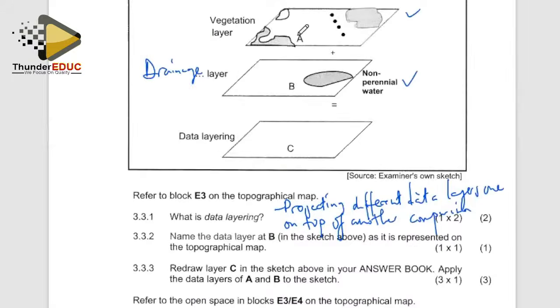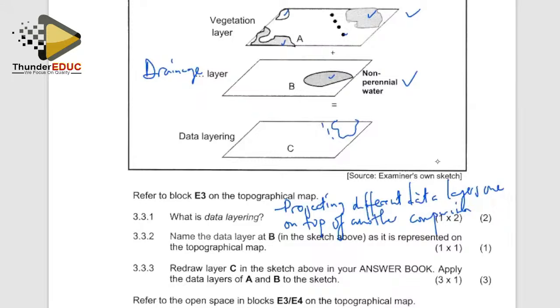Right. Redraw layer C in the sketch above in your answer book. We want to now show this combined, A and B. We want to put them on layered. So we're going to take this feature, take this feature, take this one and take this one and put them together. I cannot be as precise, but I just try to give you a sketch. This is the feature to the northwest, to the northeast, like that. Then you take this,